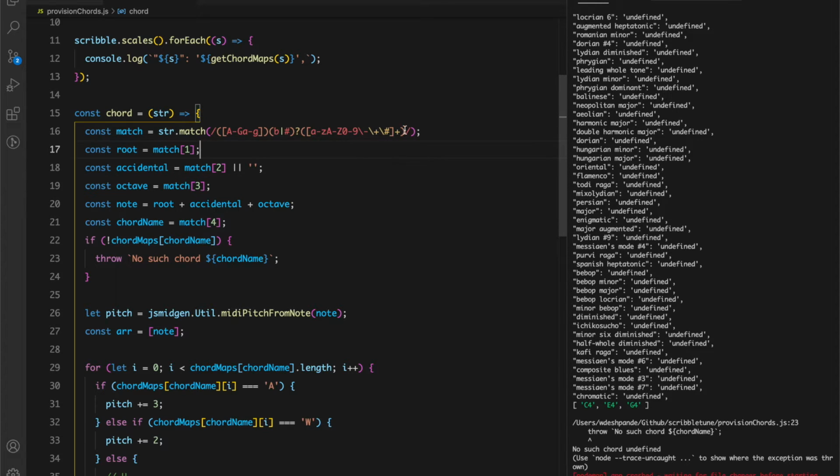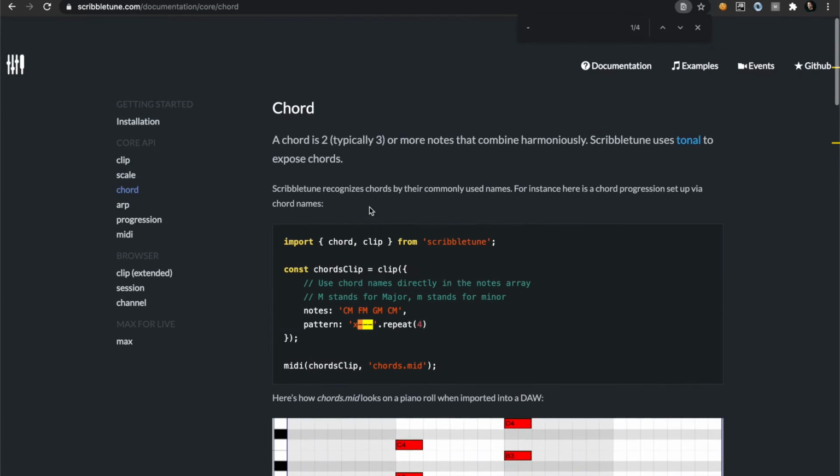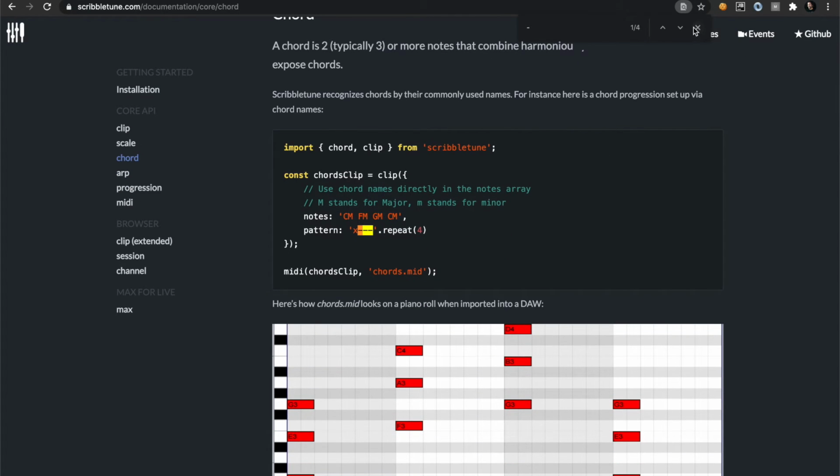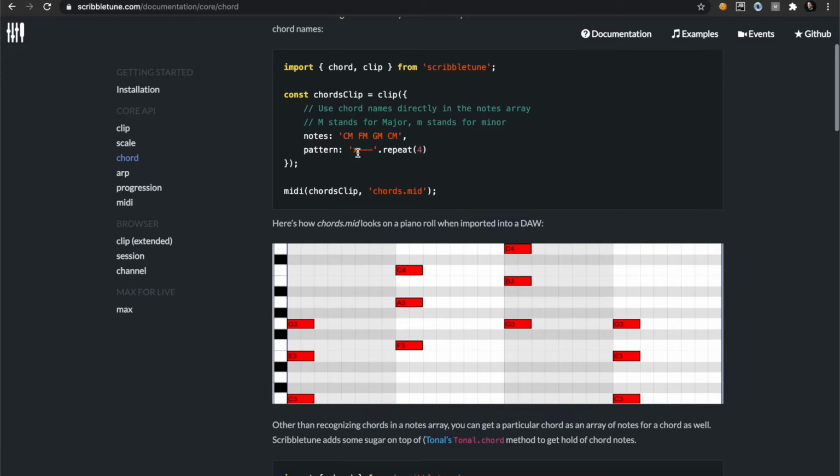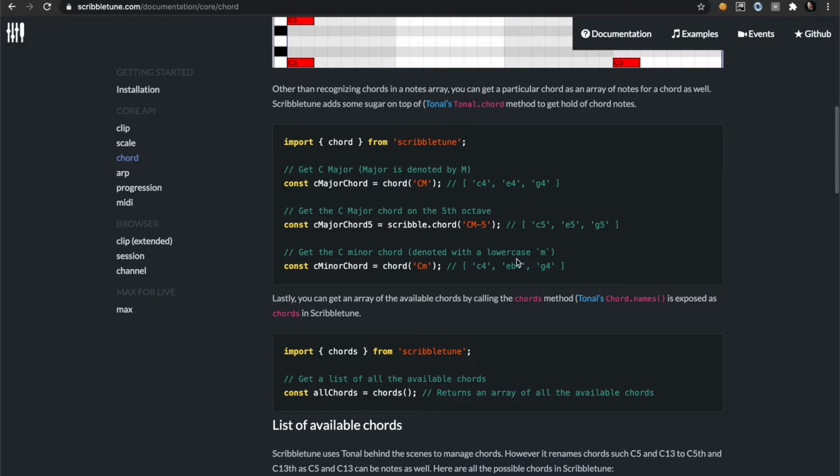I'm missing something. So the current chord method, if we go back over here, allows us to specify an octave as well. So if you specify a chord like this, C capital M implies major, F capital M implies major. If you wanted to give it an octave you could give it like this, hyphen 5.